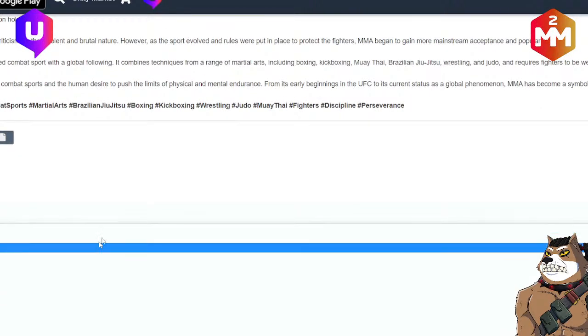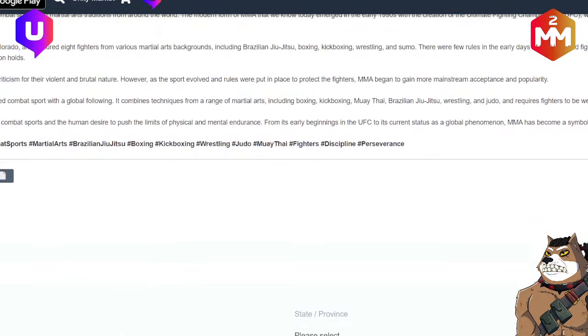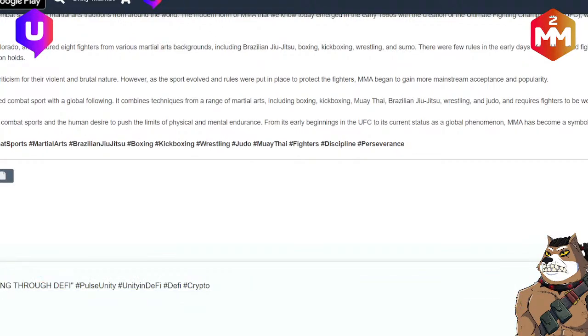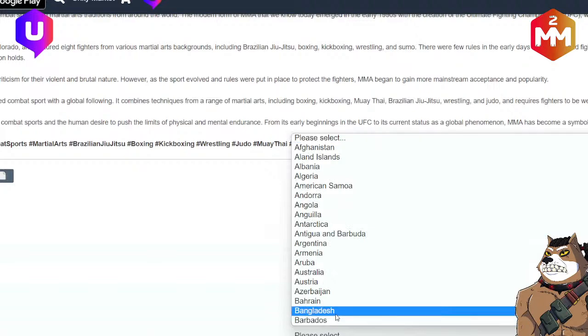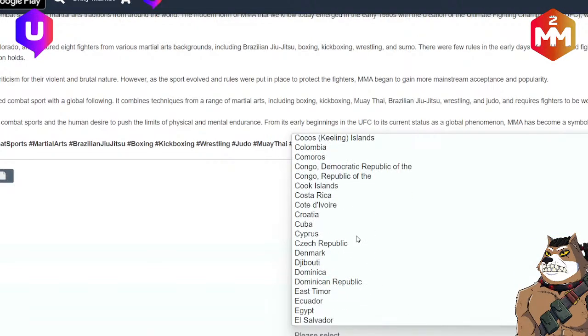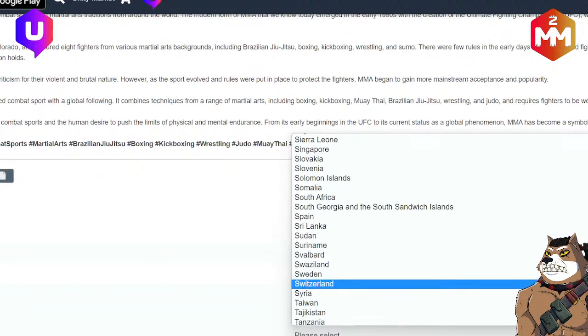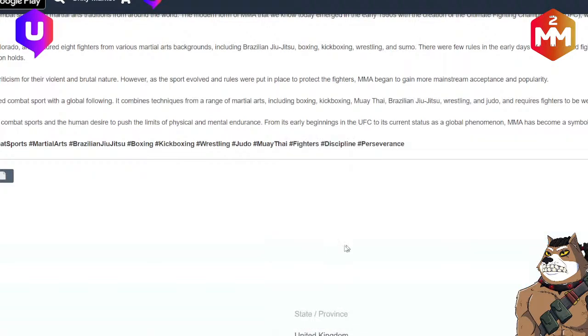Now the visibility, we only want this to be seen by those that join that group. Now if you remember, we've got the different groups that have been set up, and down here we've got Fighters Circle, the one that's based in Sweden. I've written this article though from the UK. I'm actually based in the United Kingdom, so I don't want them to take credit for all of their work. So I've written this from High Wycombe,